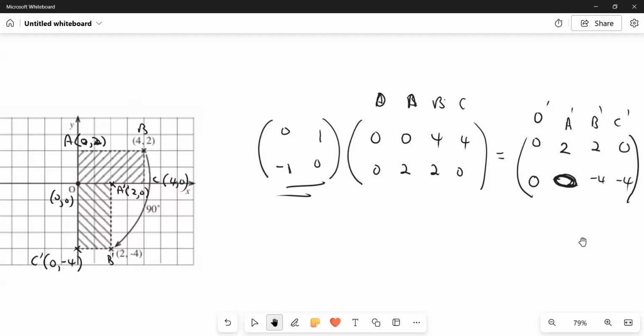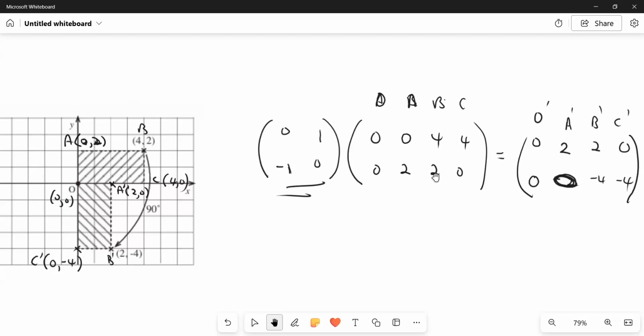Following me? You all follow the multiplication and how I did it? Rows by columns, rows by columns, rows by columns. That's how you get all these top numbers. The bottom row by each column will give you the bottom numbers. The top row by each column will give you those top numbers, right? 0 by 0 plus 1 by 0, 0. 0 by 0 plus 1 by 2, you get 2. 0 by 4 plus 1 by,